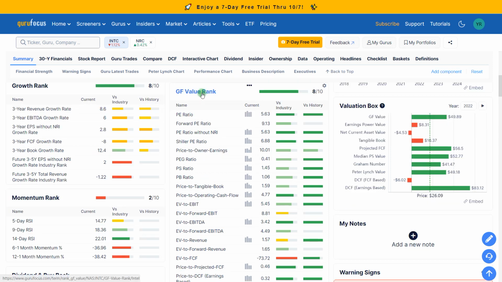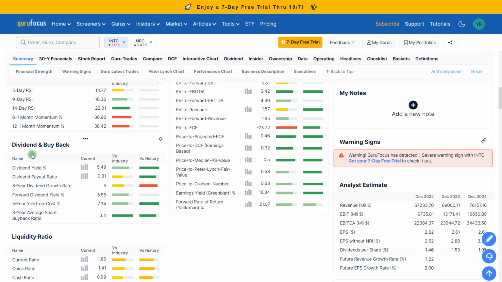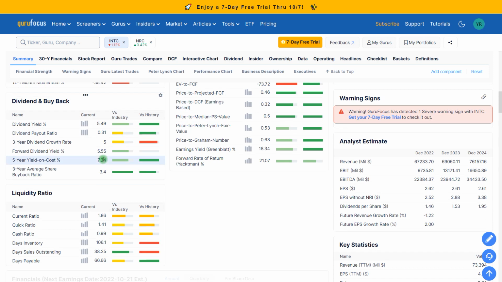PE ratio, the value of PE is only 6 and PS 1.4, so a very cheap stock in my mind. Less than 2, for such marginality, it's very cheap. And also this company Intel can offer a nice dividend. We can see that the current dividend yield is more than 5%. It's even higher than the 10-year US Treasury, now about 4. So a nice dividend, and also the payout ratio is only 30%. So the company even has a nice probability to increase its dividend payments in the future years.